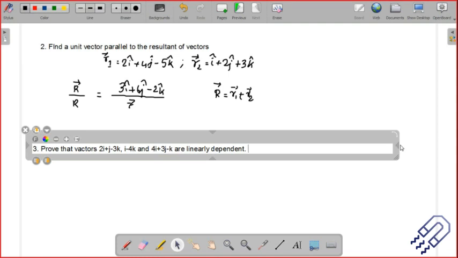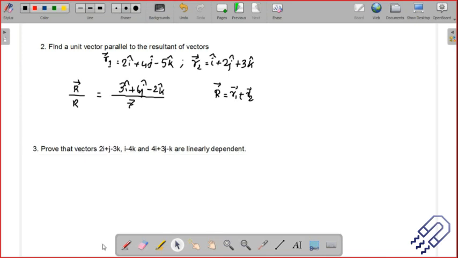If the combination vanishes, we know whether there is linear dependency or independency. If they are linearly dependent, you can actually find out the values. For example, if you have two vectors, R1 and R2, and they are linearly dependent, we can say that A times R1 plus B times R2 is equal to 0. In that way you can solve, and you can also find the constants A, B, and C, and so on. You can refer to any notes that you have and try to solve it. This is something I will leave to you as a